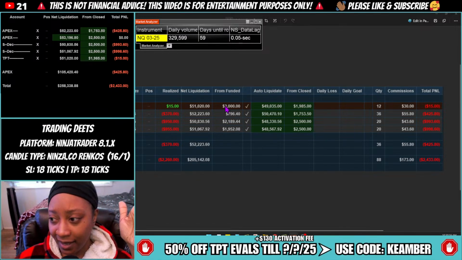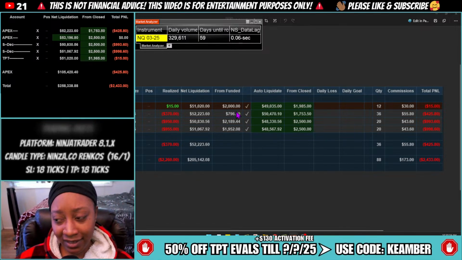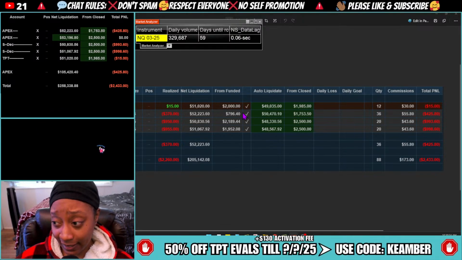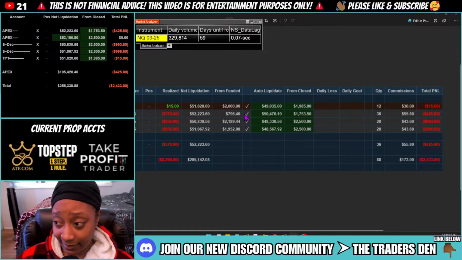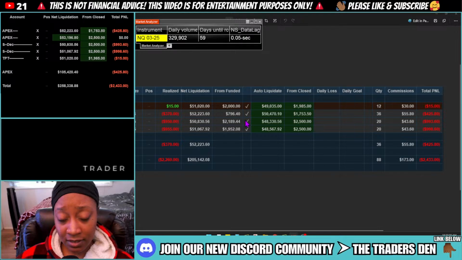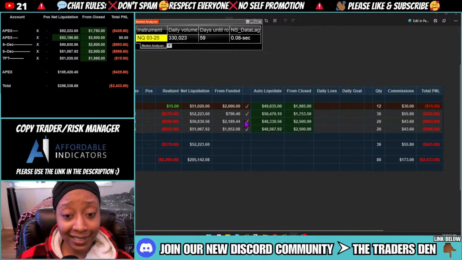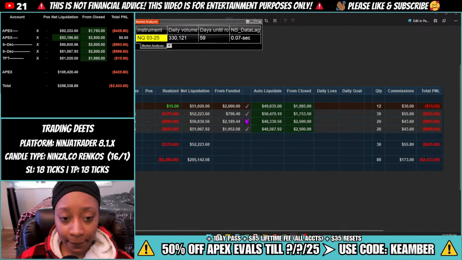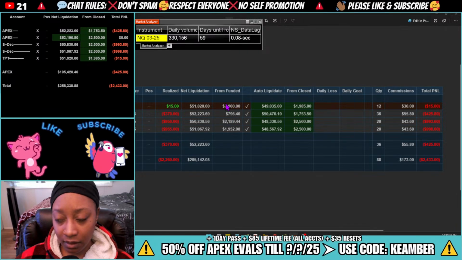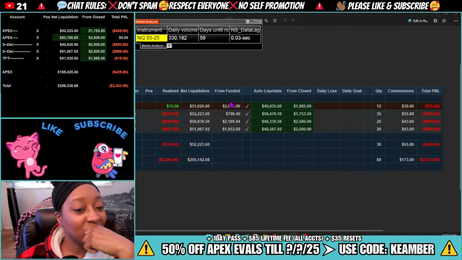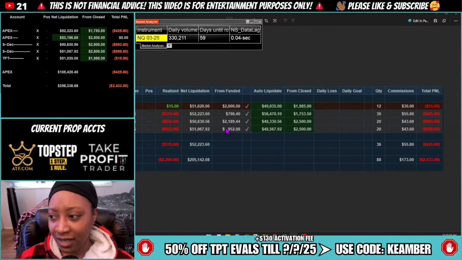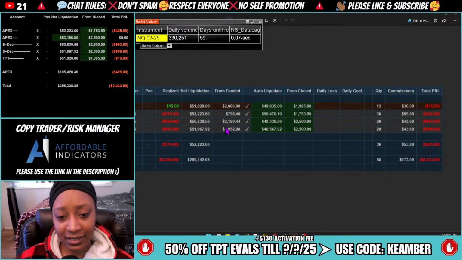We made some of it back. I'm $800 away from passing the account. Again, this account was supposed to be passing my first trade. I don't know why the risk manager didn't take me out. You can see I got the check marks, which means that when we hit above 53,000, it's supposed to hit $53,020, which it did, and it didn't take me out. That's the other problem. I'm also having a problem with that. But anyway, $2,000 away from passing TPT, and I don't even want to talk about these Top Step accounts because I'm $2,000 away on both of them for literally no other reason other than your copier is messing me up right now.